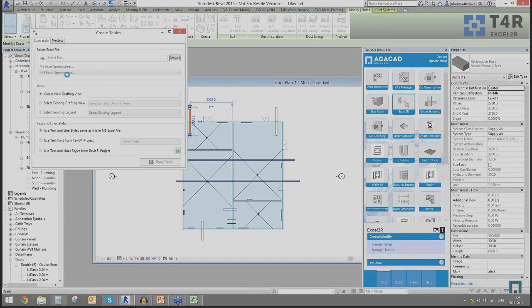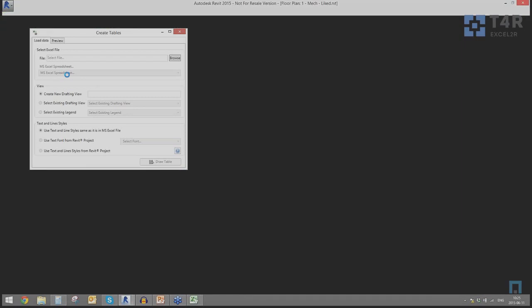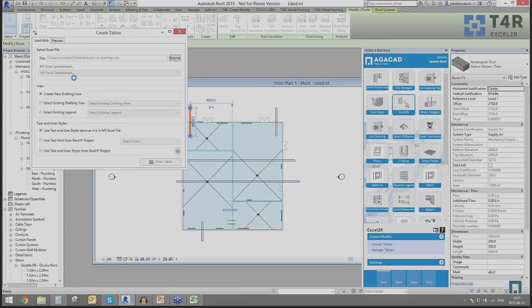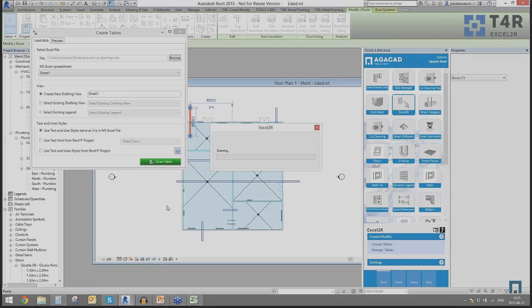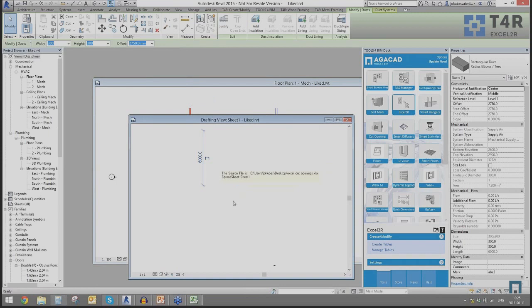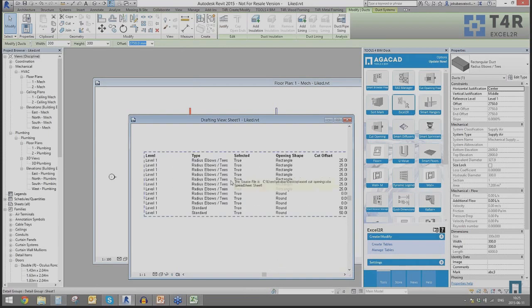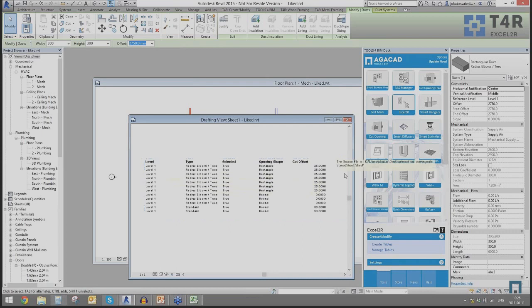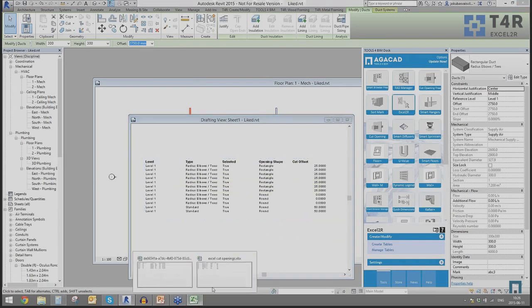I can choose my spreadsheets, number 1, number 2, number 4, and so on, and I am able to simply draw the table in accordance with the Excel file. So I'm creating a table, and you will see that I have the same table as I had in the